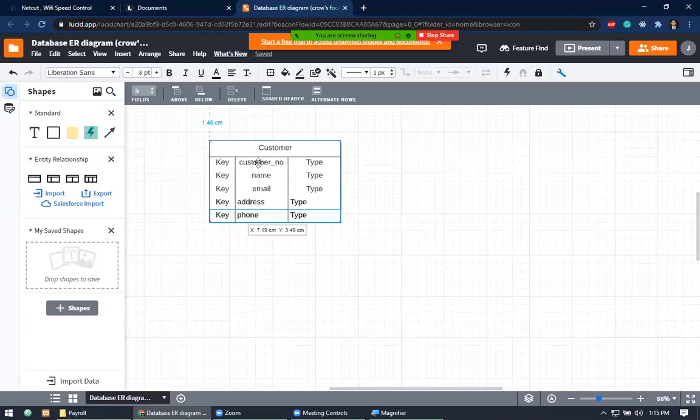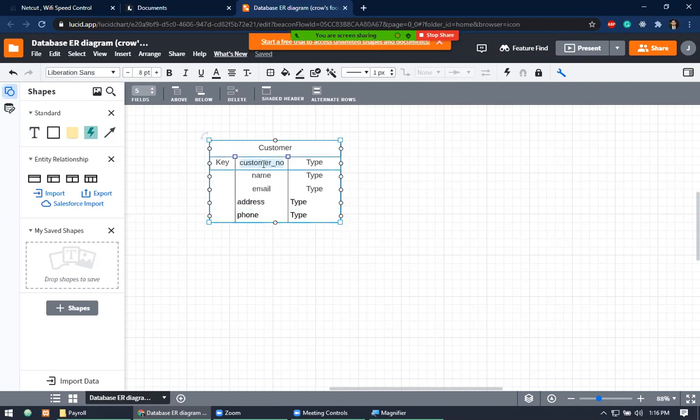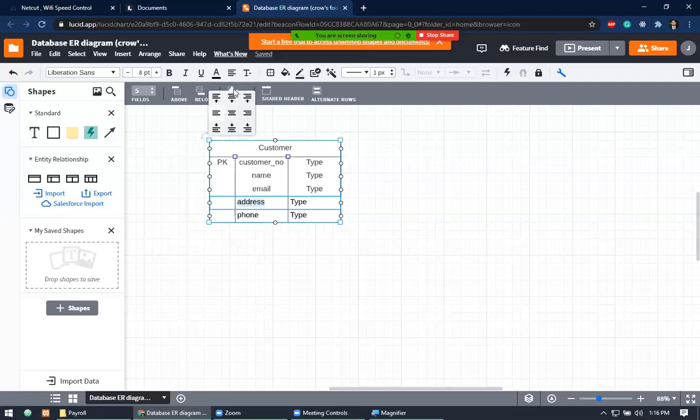Okay. So after we determine all of the attributes na meron dun sa ating customer entity, ang next natin gagawin is to select which key yung gagamitin natin for our customer entity. Okay? So pili tayo ng key or primary key. So among all of these attributes, sino ba yung pwede nating gawing primary key? Okay? Since sa isang ordering system, ang customer number is always unique to all of the customers, pwede natin siyang gawing primary key. So lalagyan lang natin yan ng PK. All right? And it's better kung naka-center din tong address